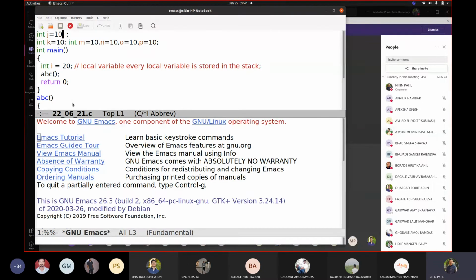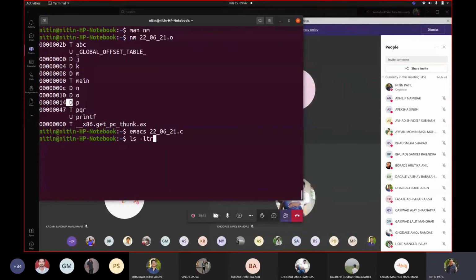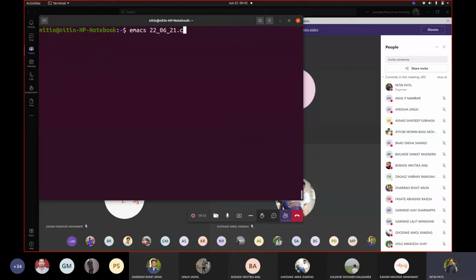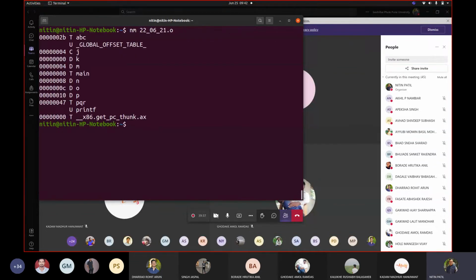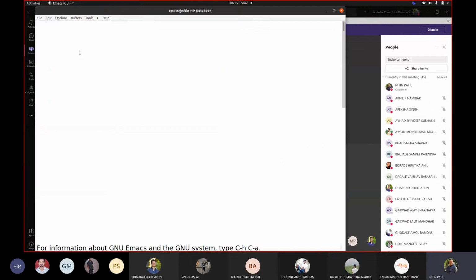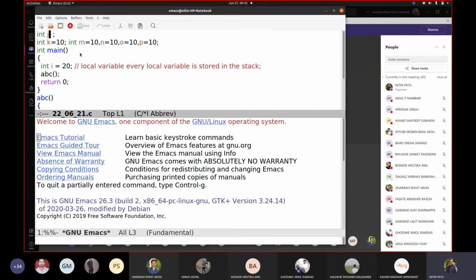And now I am removing this assignment for the J declaration. Okay, let me create one more time this and let me see this object code. Can you see changes there with C? Sorry, J. Have you identified that? Okay, let me show you. If I assign a value, when I don't have any value here, it showed C.